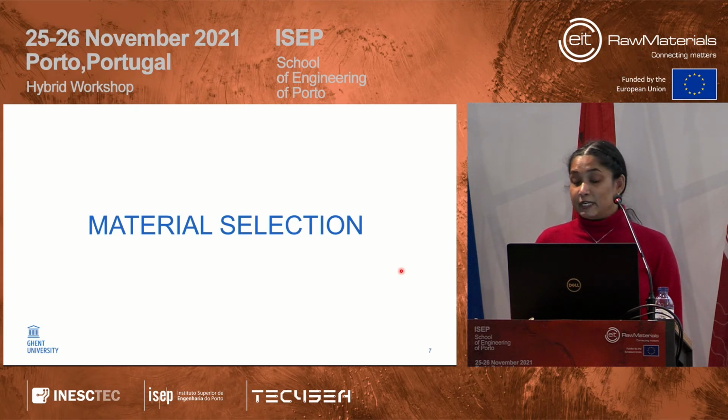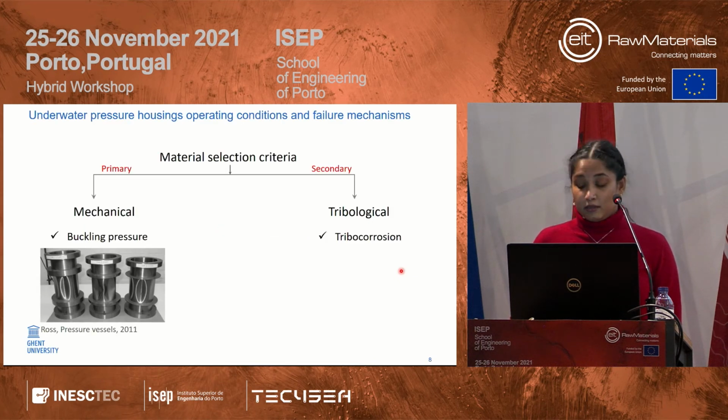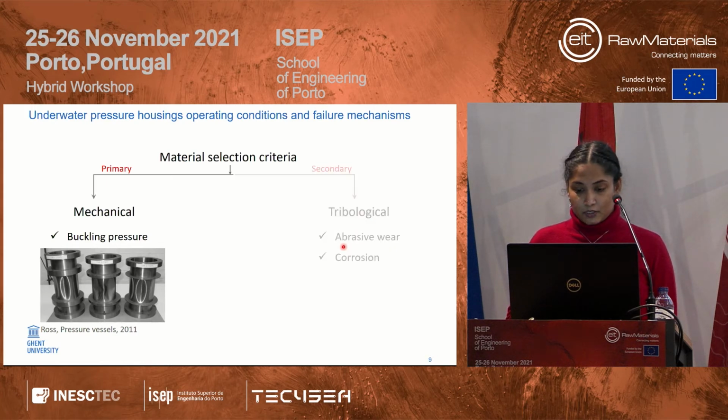Being a material scientist, I am involved in the material selection, and later in this presentation, my colleague, a mechanical engineer, will explain in detail the process of mechanical design that we approach in this project. So what are the two primary criteria that we look at from a materials point of view? The first is the mechanical strength of the material to withstand such high pressures. The second is the tribological aspect: when we have harsh operating environments, sandy and corrosive seawater environments, we deal with the tribological aspects of those studies.